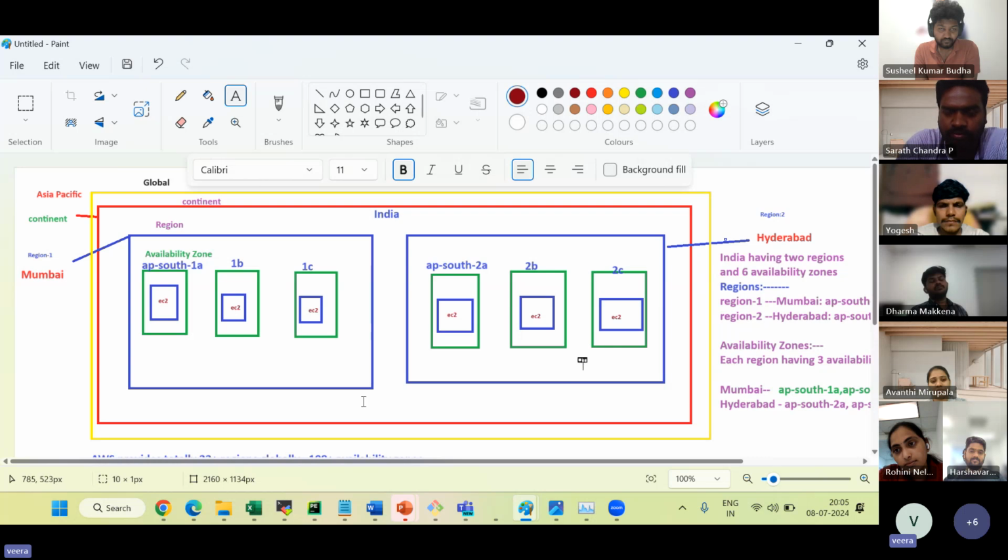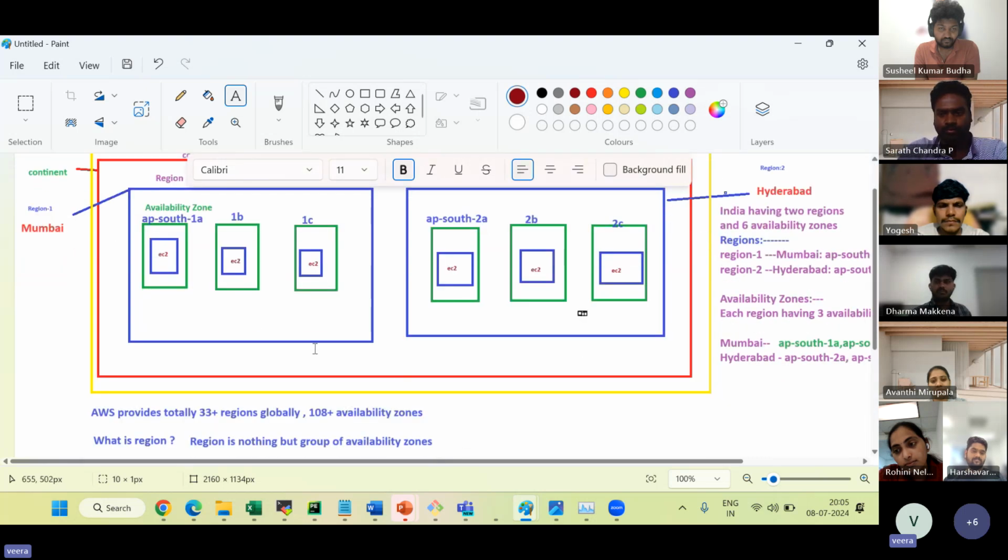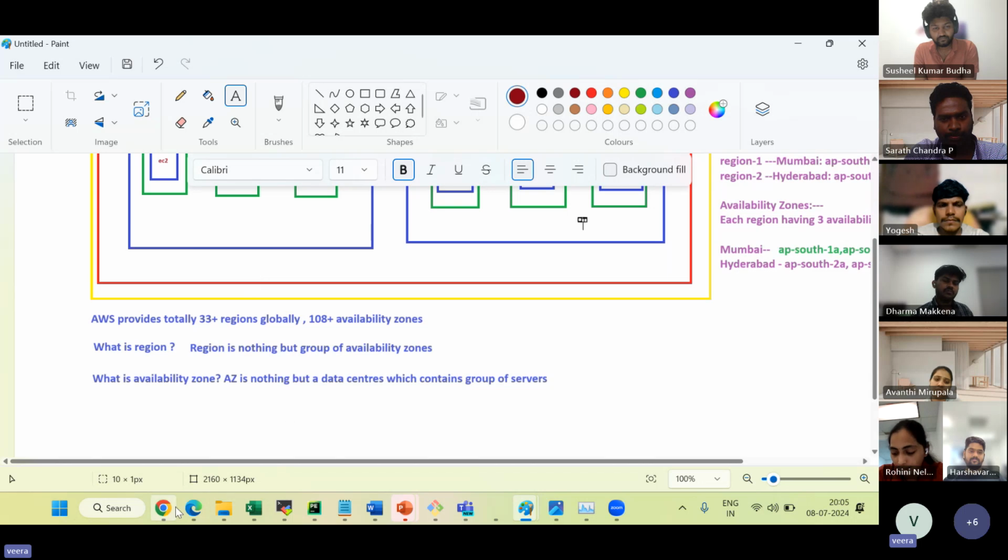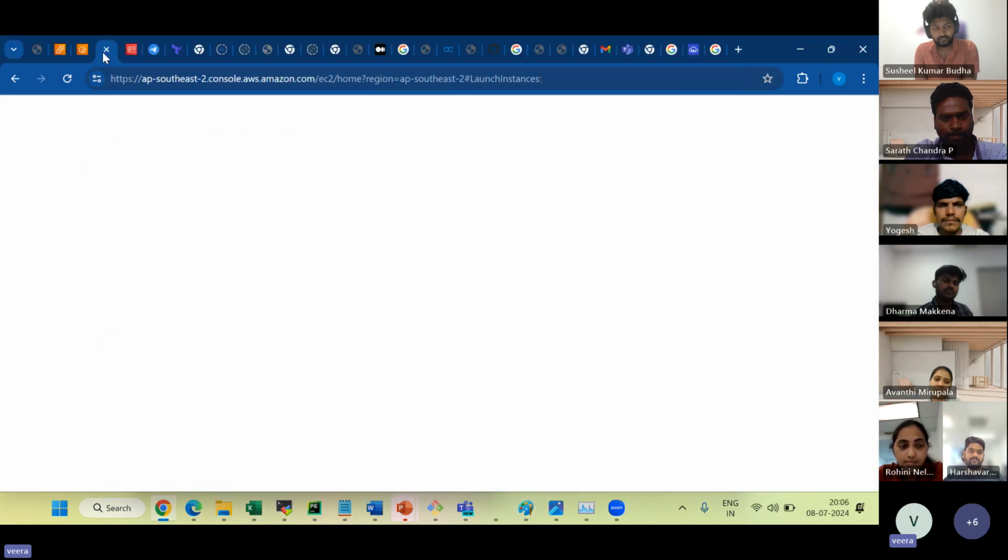So definitely, guys, whenever you launch an instance, you have to confirm where you are going to launch it, which availability zone you are going to launch the instance in. In this case, if you go here,